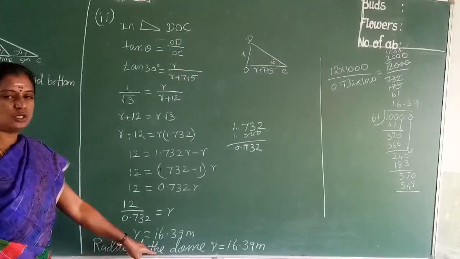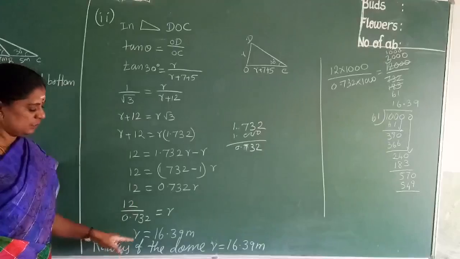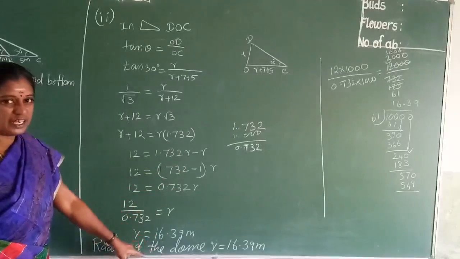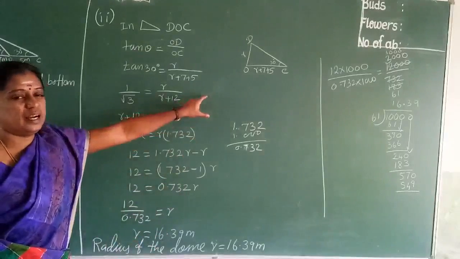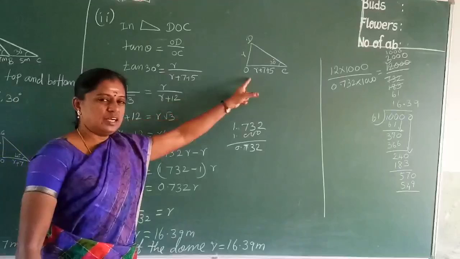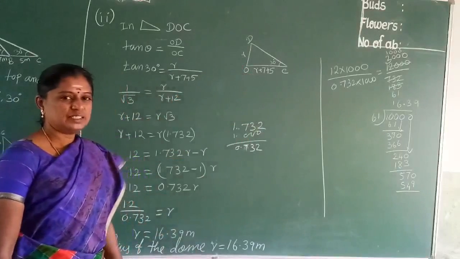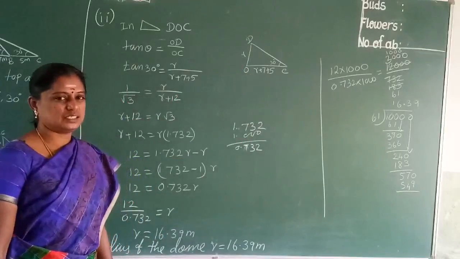Which triangle is suitable for that? The first option that you selected. Which diagram is suitable for the second one? You select this second diagram. Better you draw a rough diagram. It is only for our purpose, to easily understand the values. That is the purpose of drawing a rough diagram. Clear? Next we see the sixth sum.